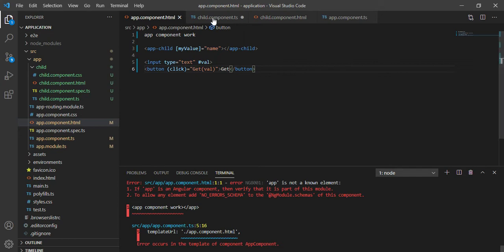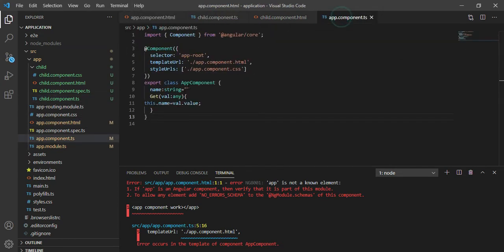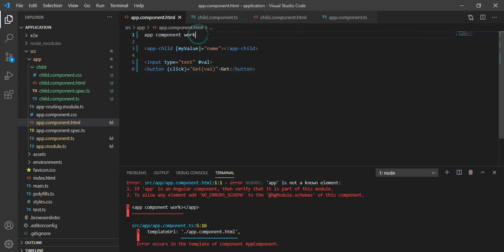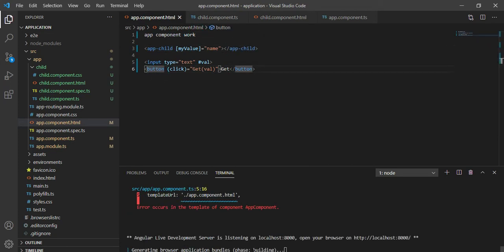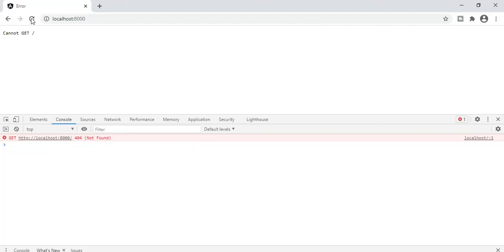Okay, let me save it. app.route, this is a function property. The app component will work. Okay, now it's compiled successfully. So we'll refresh it here, so we'll see the output.